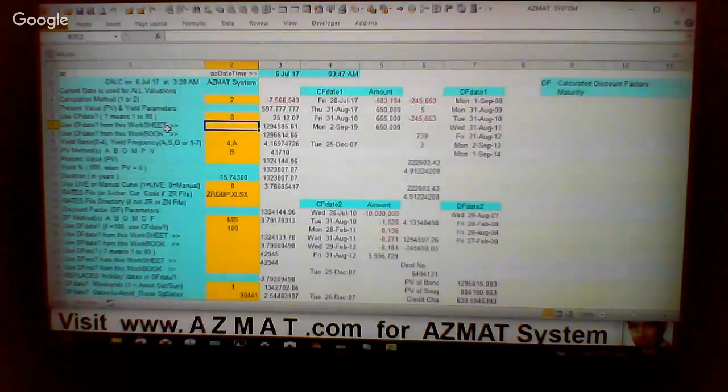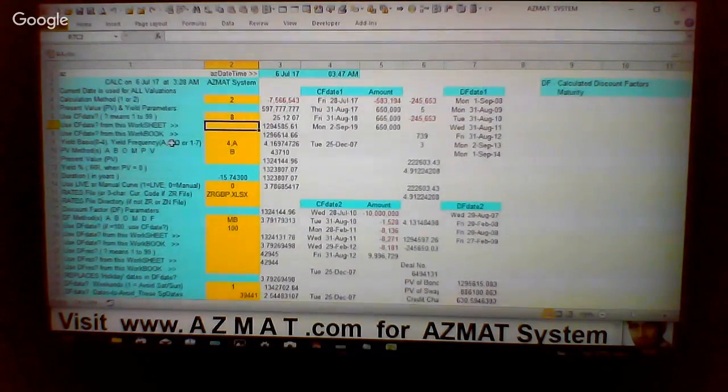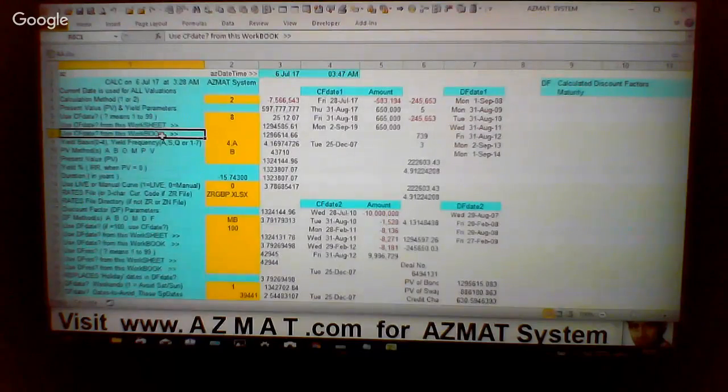Because if you say a particular worksheet, find the cash flow dates, if that worksheet itself doesn't exist, obviously something is not right. It cannot proceed with the command. Case 3. If the CF date workbook is specified, a cash flow date workbook, that means that's where the cash flow area is. And whether or not the CF date worksheet is specified, whether you specify the worksheet or not does not matter. If you specify a workbook name